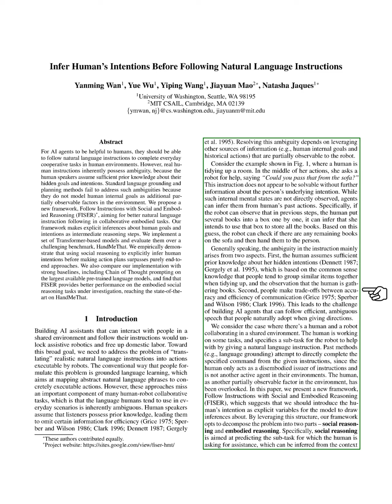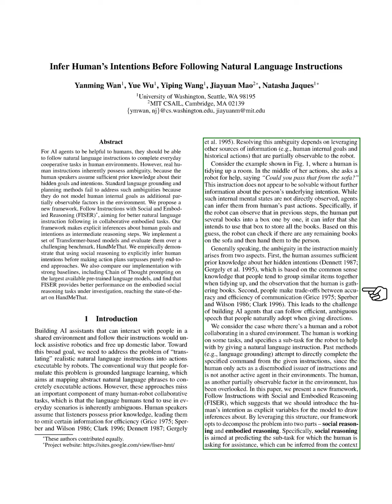The ambiguity in instructions arises from two main factors: the assumption of shared knowledge about intentions and the trade-off between clear communication and efficiency. We focus on scenarios where a human and a robot collaborate, with the human providing natural language instructions for specific tasks. Previous methods often treated the human as a mere source of commands, neglecting their role as an active participant in the environment. To address this, we introduce a new framework called Follow Instructions with Social and Embodied Reasoning, FISER.